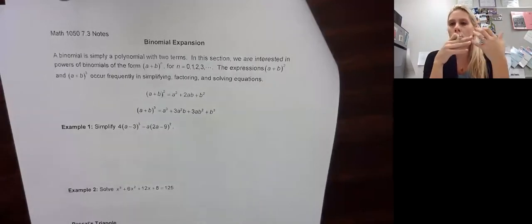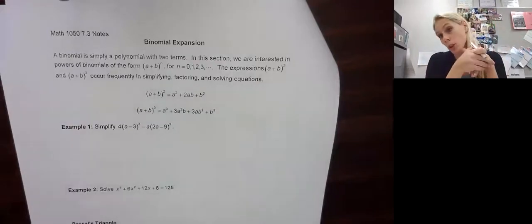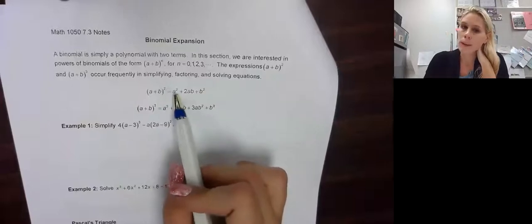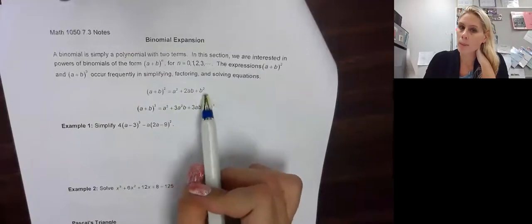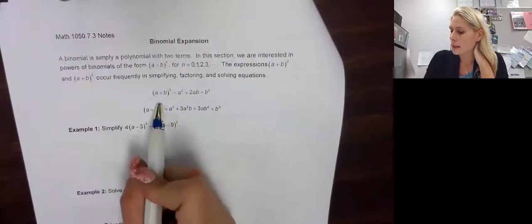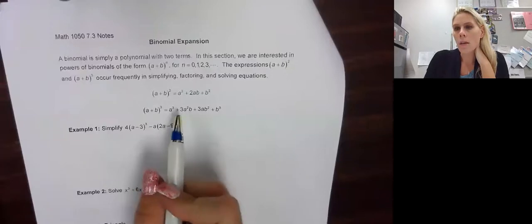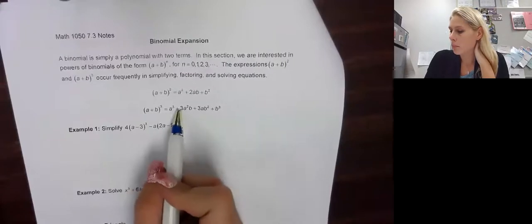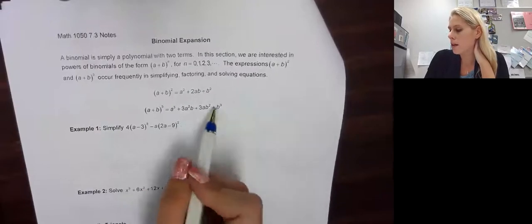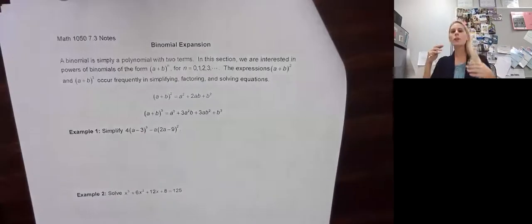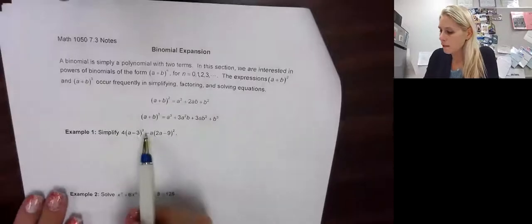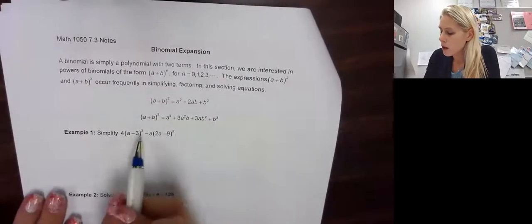So the two that frequently come up that we should know is (a + b) squared, which we know is a squared plus 2ab plus b squared. And our cubic is (a + b) cubed. So the pattern is a cubed plus 3a squared b plus 3ab squared plus b cubed. So if we were to simplify this in terms of our cubic and our squared, what I want to keep in mind here